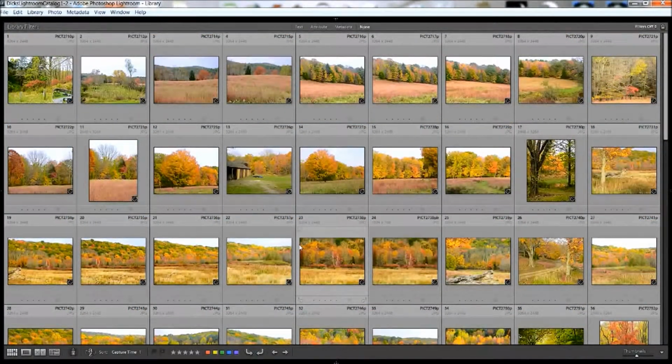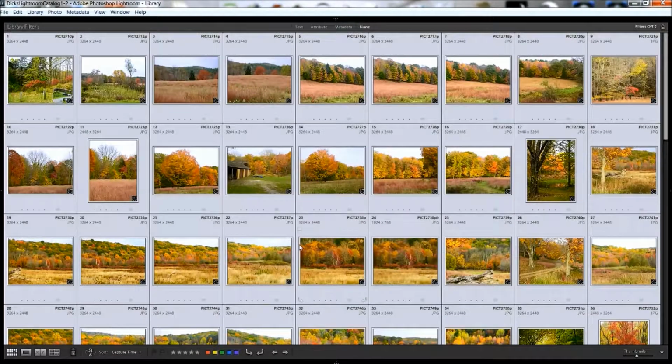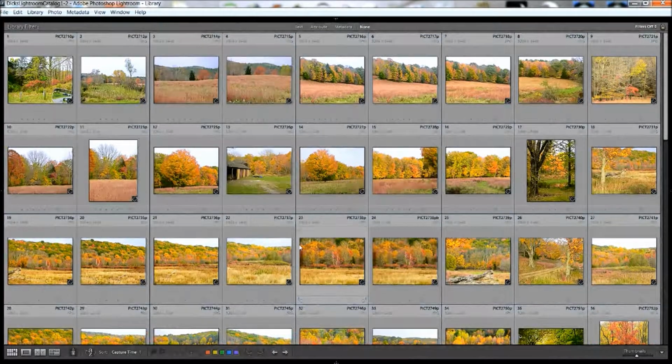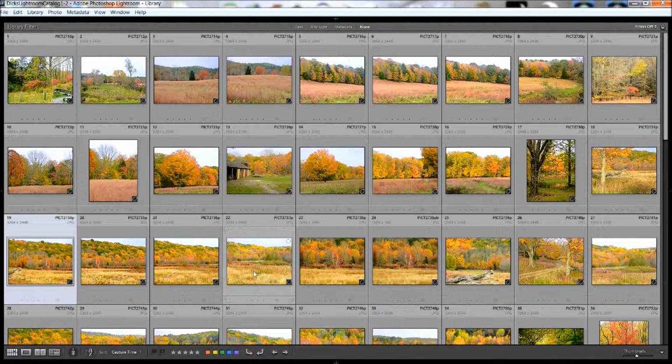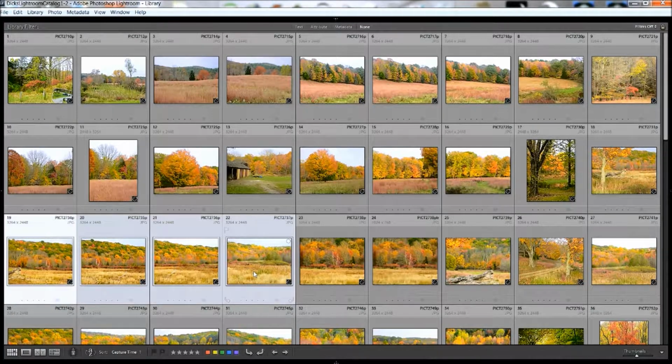One is Control A, that selects all the images in the folder we're presently looking at. And Control D deselects the images. And you can also select a range of images. For example, these are 4 similar images. If I select the first one and hold down the Shift key and select the last one, it selects everything